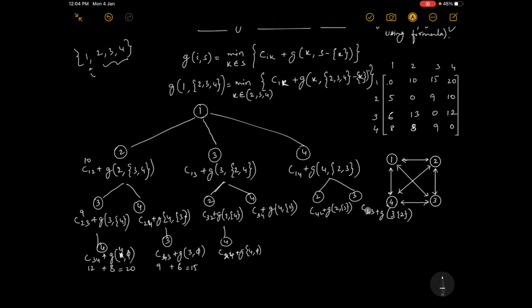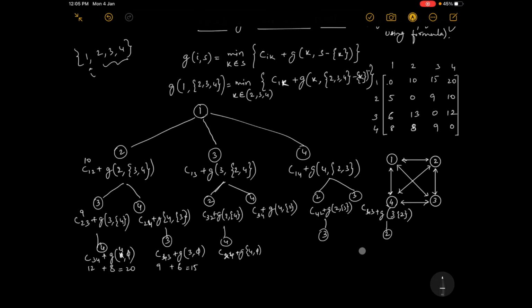Hope you are getting it, correct? Here, 1 is over, 4 is over, 3 is over, what is left out? 2, so I have written 2. Here 1 is over, 4 is over, 2 is over, so left out is 3, so I have written 3 here. Now from here, what is the left out position? 3. From here, what is the left out position? Correct, 2. See, this is the left out position, this is the left out position.